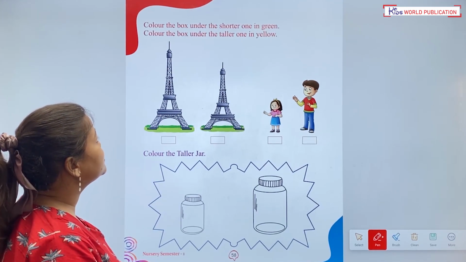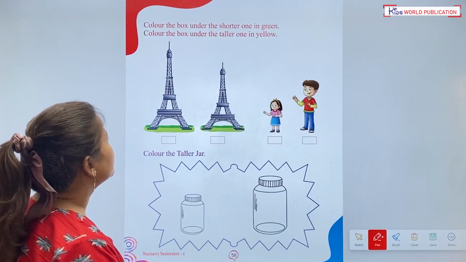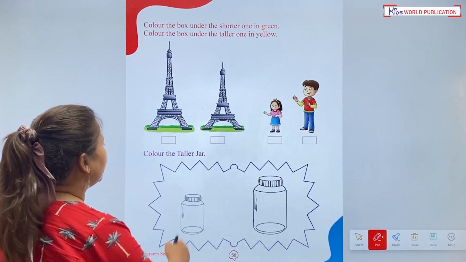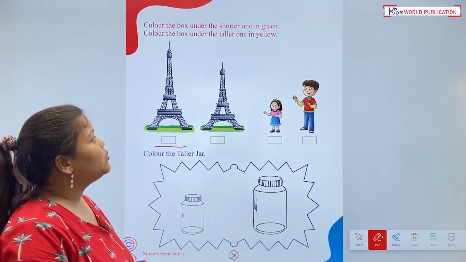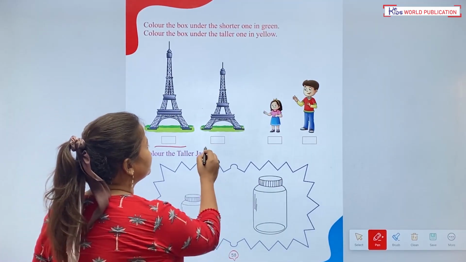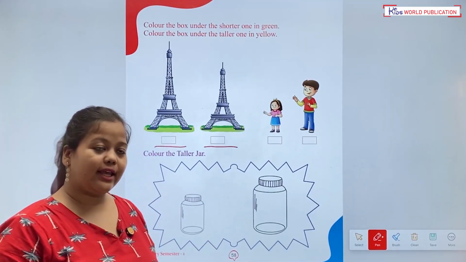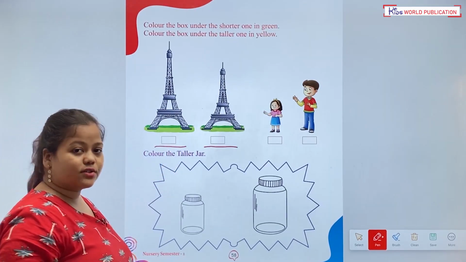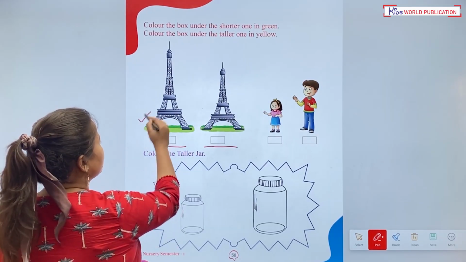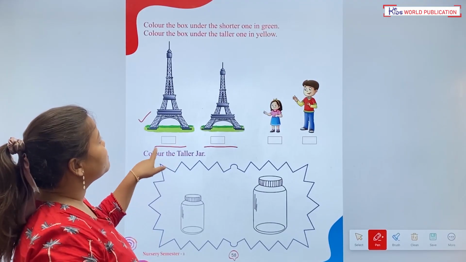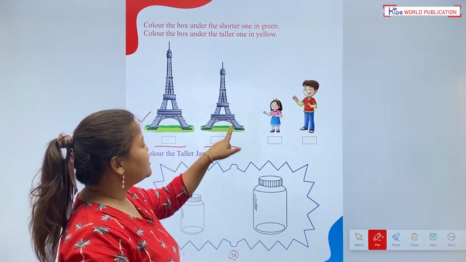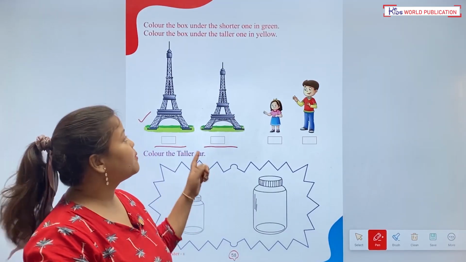Color the box under the shorter one green. Color the box under the taller one yellow. So kids, the object which is taller you will color in yellow and which is shorter you will color the box in green. So, which Eiffel Tower is taller? This one. So, you will color the given box in yellow. And this Eiffel Tower is shorter, so you will color the box in